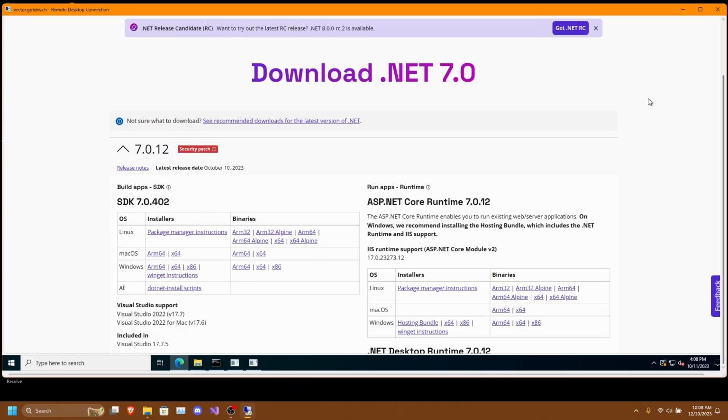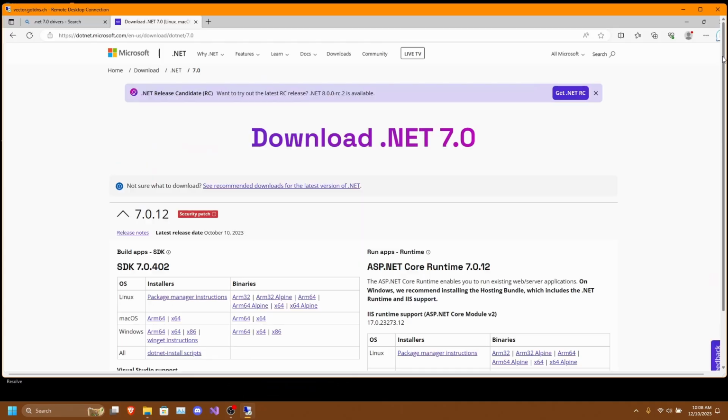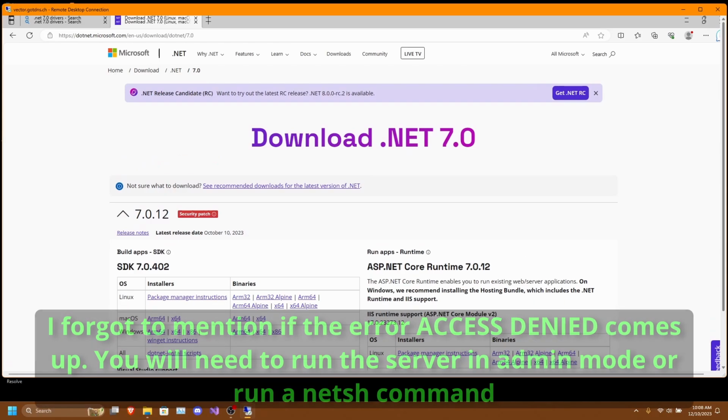Now, on the Windows server, you have to know what architecture your server is running. In my case, well, in most cases, it will be running x64 for Windows. So we just need to download the x64 for Windows. If you were to do a 32-bit, you would have to do x86, and then if you were running ARM64, you would download ARM64. But since I've already got the .NET drivers installed on this server, we don't need to do this.